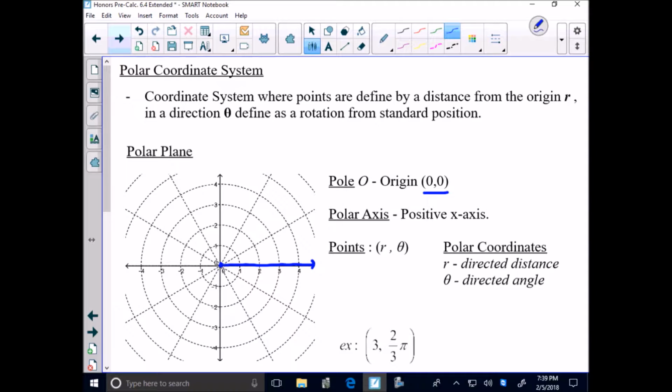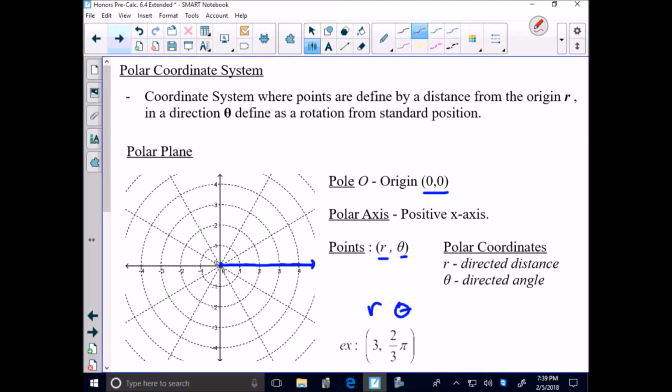Ordered pairs are defined as r theta, where r is the direct distance and theta is the directed angle. In general, right here, we've got a point 3, 2/3 pi, where we've got 2/3 pi as the direction that the point is located in as a rotation from standard position, and 3 is the direct distance to the point